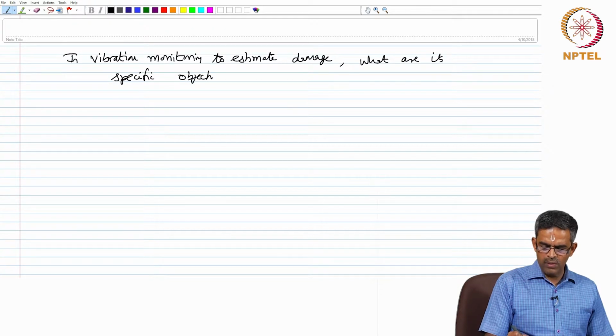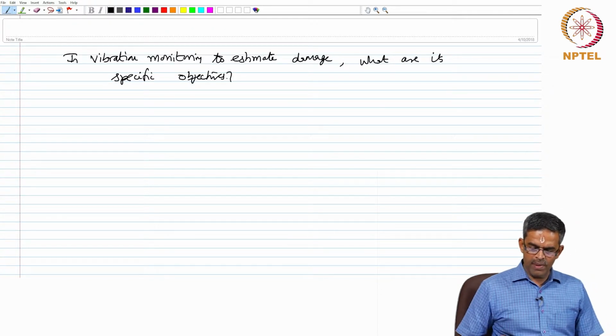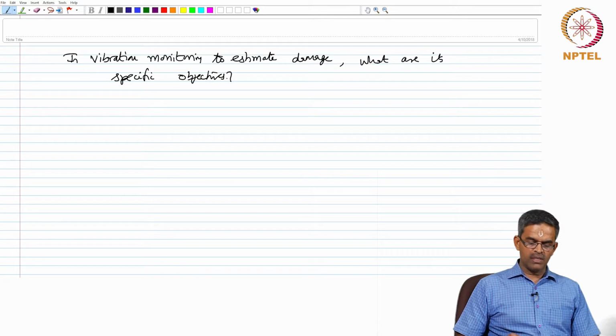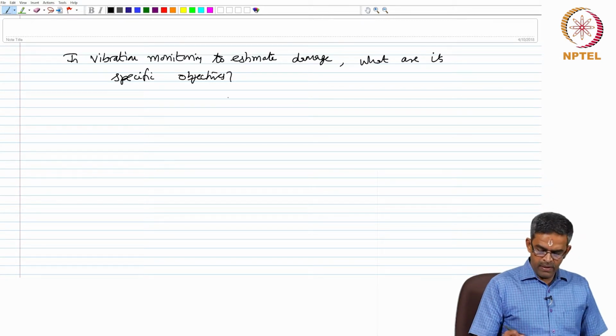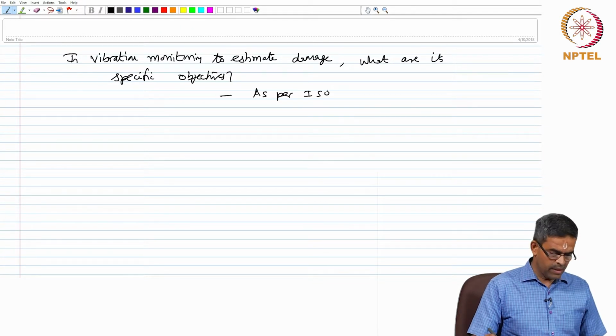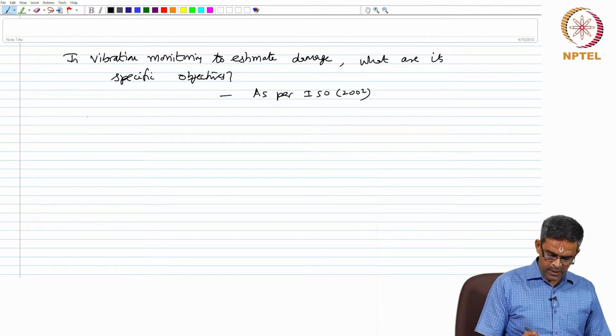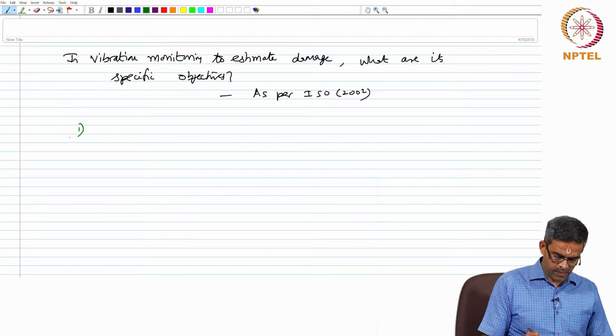What should I look when I do damage detection using vibration monitoring? This is clearly defined in ISO 2002, which says the objectives are